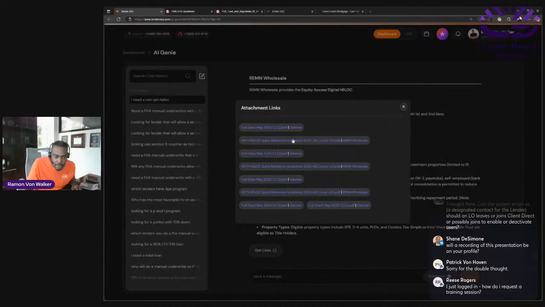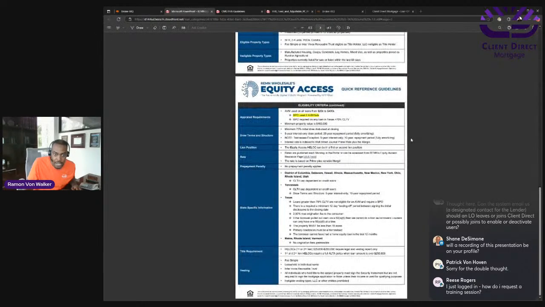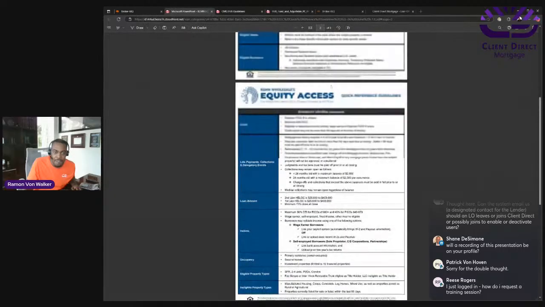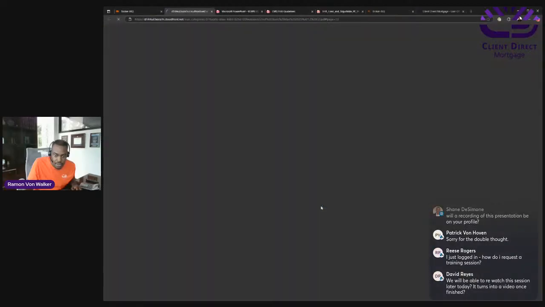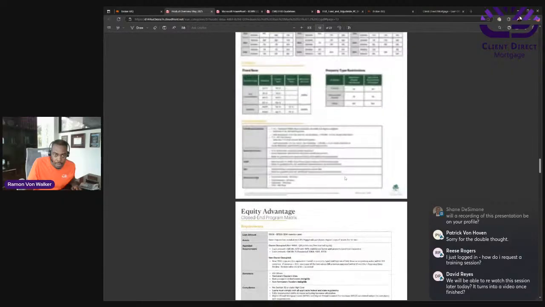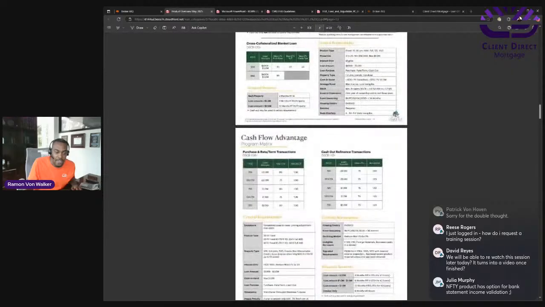It'll pull up. Let's see. I don't think these are actual flyers. What I was trying to do was look at a particular lender. I thought this one had a certain lender that had a HELOC, but it might not be in this environment. I don't think this Nifty product is non-QM, but it's still bringing up BPO views, equity access. So this is Remen's things, but this is not a flyer. I was trying to show you guys a flyer. I don't think one is in there on these particular lenders. Full stack, Oaktree. Let's see what they have here. Equity closed advantage. Yeah, this looks more like guidelines. But anyway, Patrick, if you do have a flyer in there, it will show.